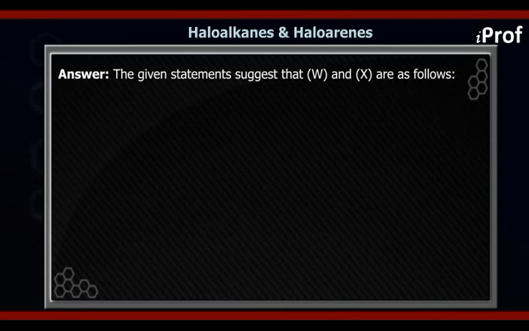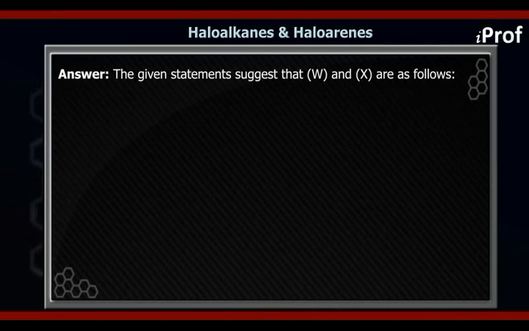Suppose we have two structures, we have C and then we have to think about the four different groups which we can arrange in this particular compound